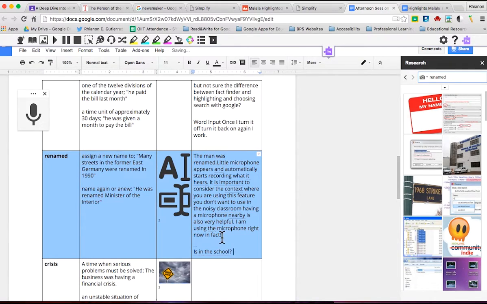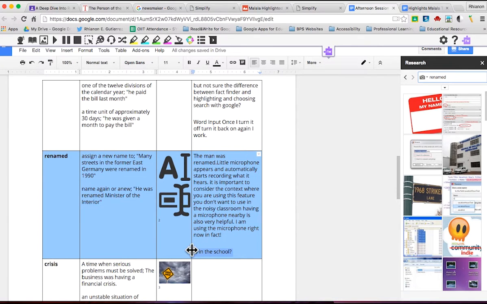Now you notice most of what I said was actually pretty accurate. But the last sentence, I said, isn't this cool? But I have, isn't this school? So this can happen sometimes. In that case, I would definitely work on revising that. Let's say that you or a student notices that there's an error in grammar. You can actually leave a note.